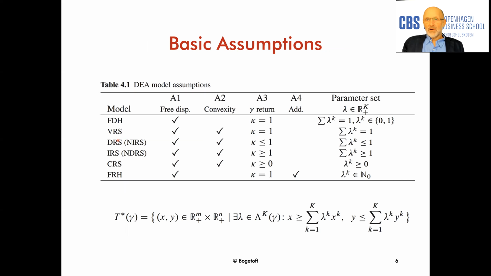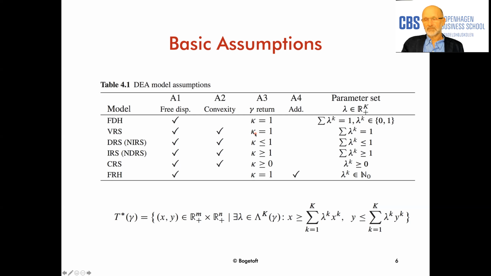The different DEA models vary basically by the additional assumptions they make. They're all based on this minimal extrapolation principle, but they vary in terms of the additional assumptions they impose on the technology. And we already talked about that. We saw, for example, that the variable return to scale DEA model assumes free disposability and convexity, and basically nothing